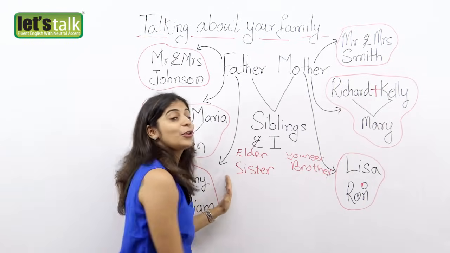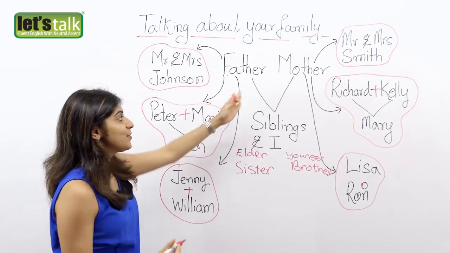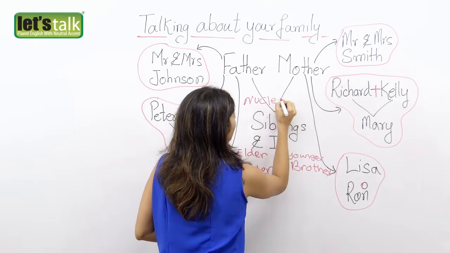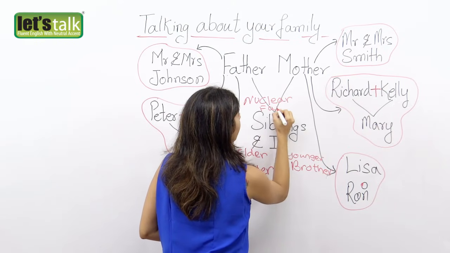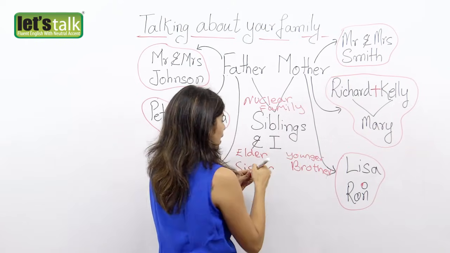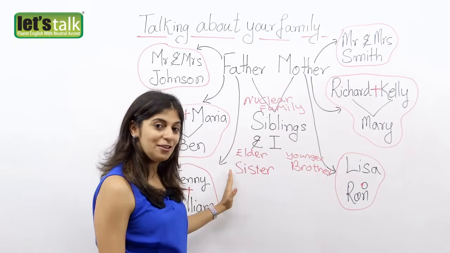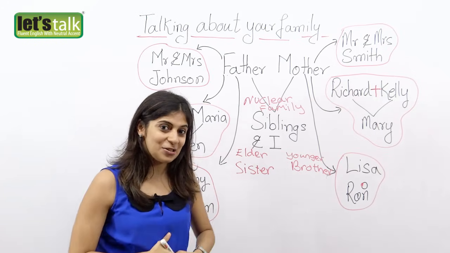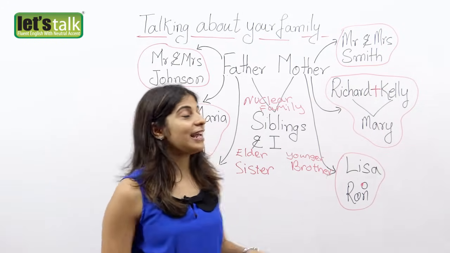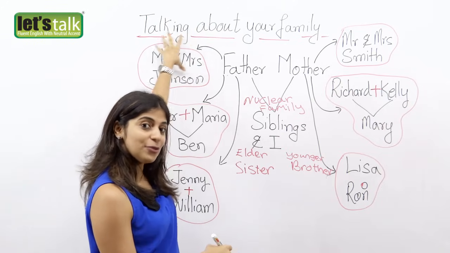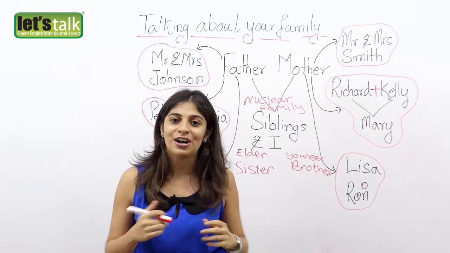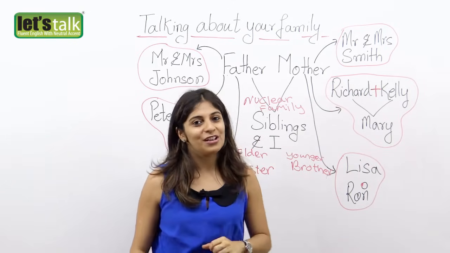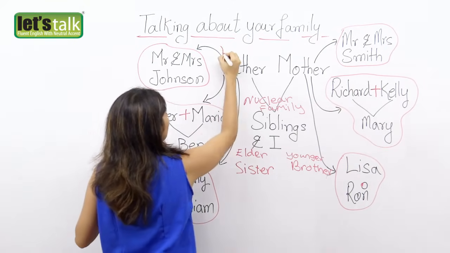Now this is your immediate family. That is, we also call nuclear family. Now, as a family, you'll live together and that's why you are a nuclear family. Now, you also have extended relatives who are related to your parents. Your father's side of relatives would be your paternal family members and your mother's side of relatives would be your maternal family members. So, let's write it down here.